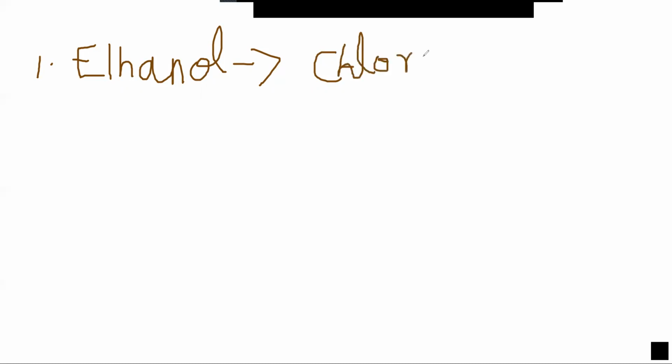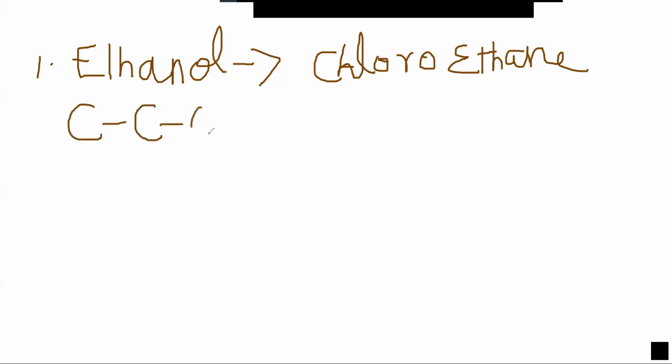First one, ethanol to chloroethane. So this is conversion number 1, ethanol to chloroethane. First, let us write the skeleton alone. So instead of writing the full formula, first, eth means 2 carbons. ol means it is an alcohol. Put the functional group OH. Position is not mentioned, so you can write the OH at the corner carbon. And then second is chloroethane. So chloroethane, again eth, 2 carbons. Chloro means the functional group is chlorine.